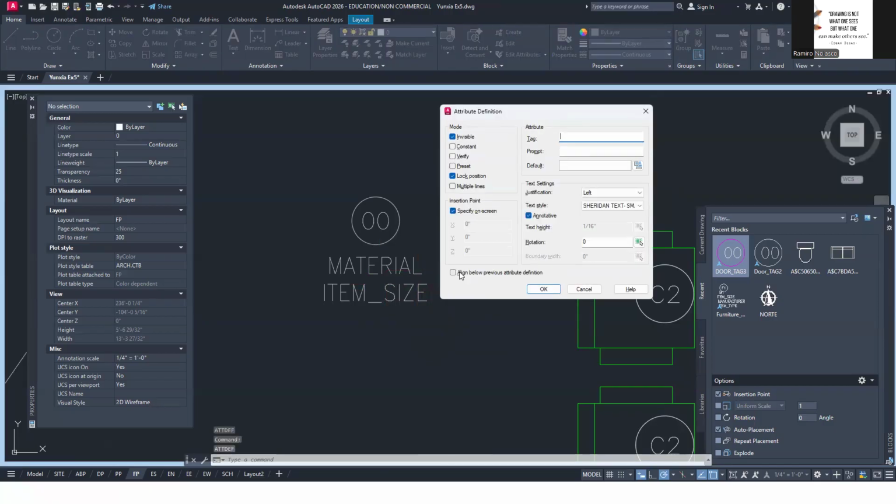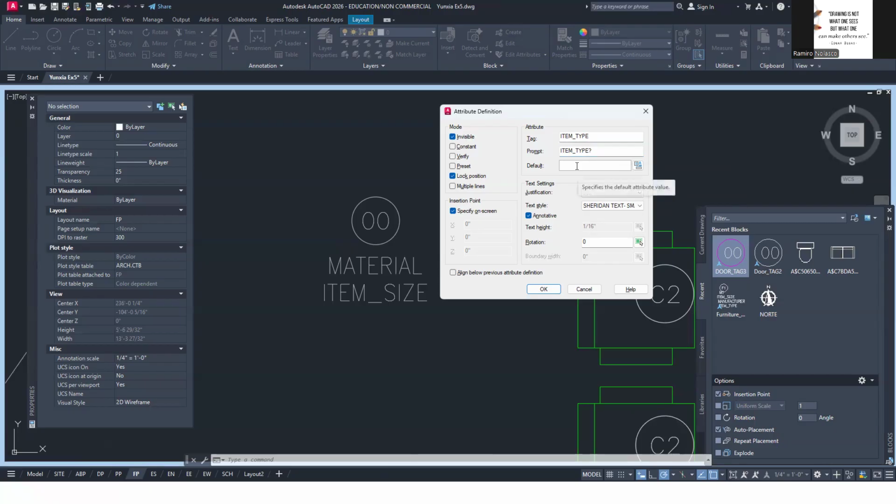And then I click Enter again to repeat the attribute definition command. This time I'm going to say middle center also, yes. Then item type, okay? And again, to simplify the prompt, I just say item type question mark.